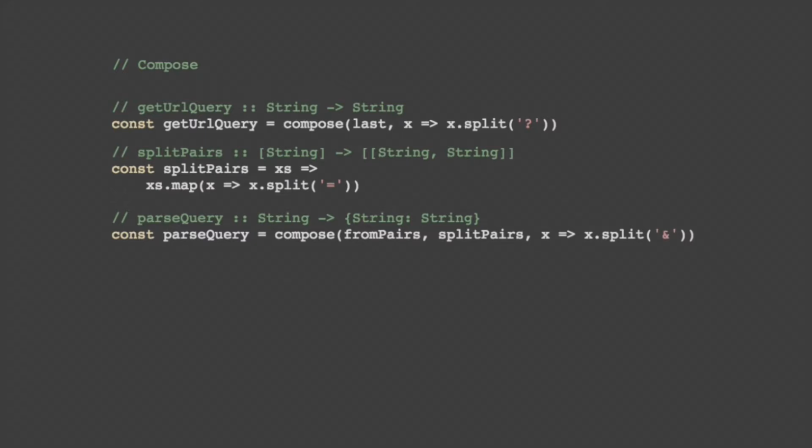So this one takes a query from a URL and gives you an object of all the key value pairs in that query string. And I don't know if you ever implemented this. I think a lot of people have, and they're never particularly simple. They always have a lot of moving parts, and they're often somewhat annoying to deal with, even for something that should be a quite simple function.